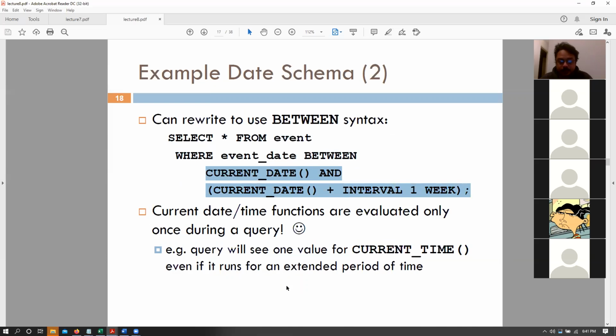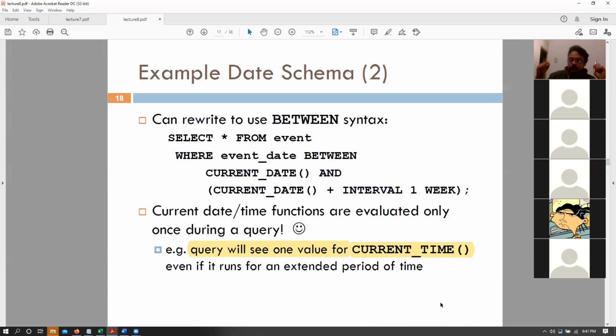One thing we need to remember is your query will always see one value for your current date or current time. What I mean by this is, let's say you have a large enough query that takes several minutes, or maybe an hour, to complete. And you have multiple current date and time calls in your entire query, maybe in a nested query or a subquery. We got the current date, and then after maybe 3 or 4 minutes, we again see another current date.